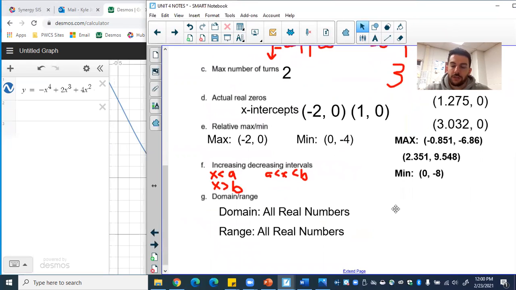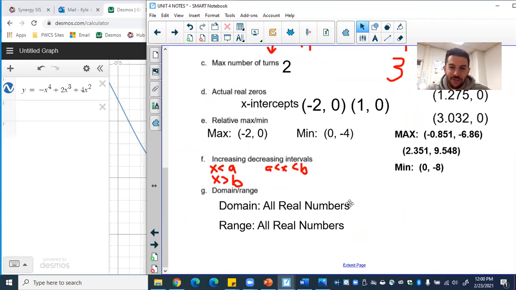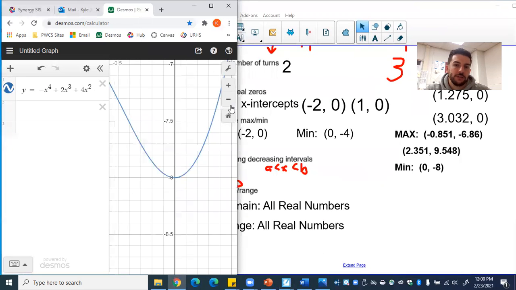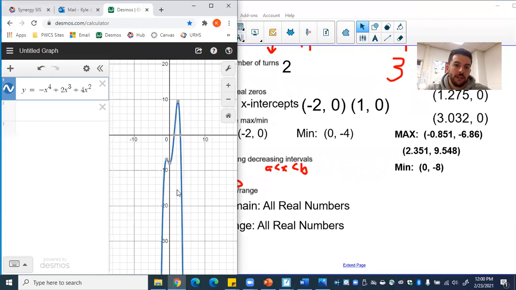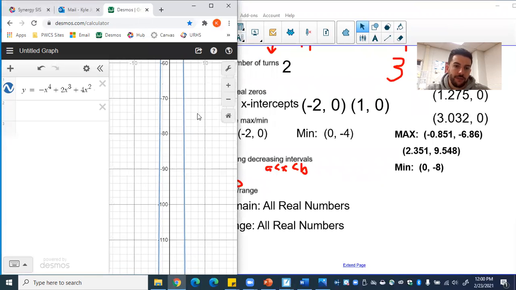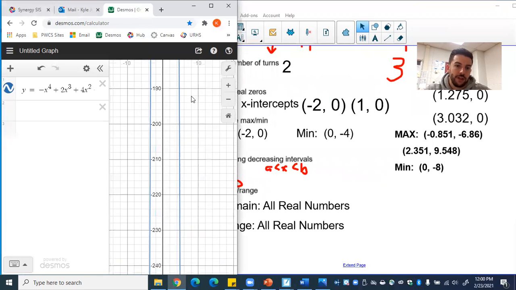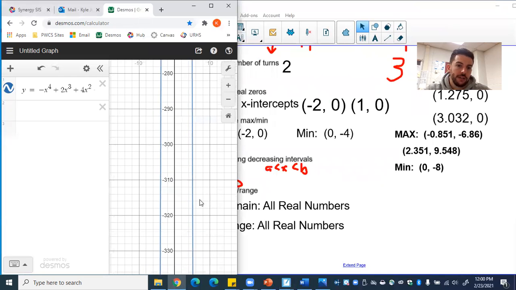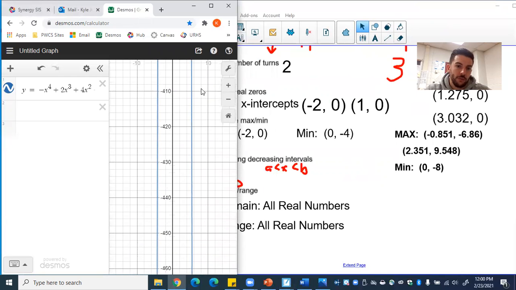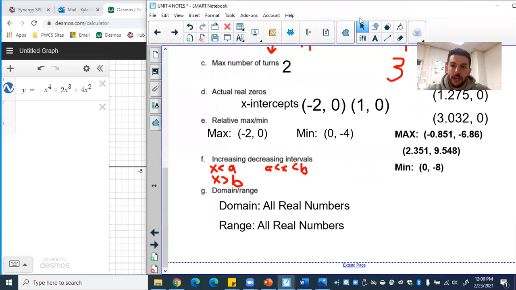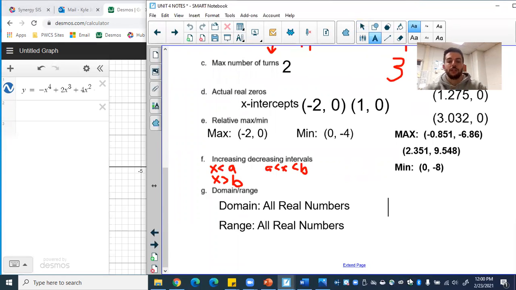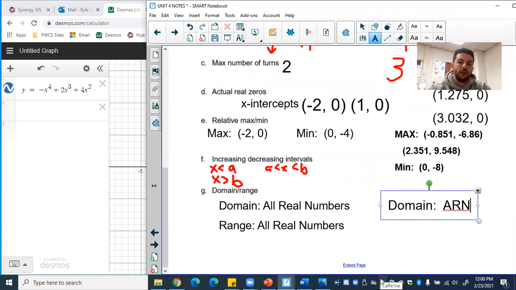So there we go. Increasing and decreasing intervals, I'm going to show you on Mr. Donatelli's, because it's going to be annoying to draw in here. But then the domain and range, this is good to show on here. So again, domain: will it ever stop extending left and right forever? As I very gradually go down and down, the graph just very slowly gets wider and wider, and it'll never stop expanding like that. So the domain is going to be